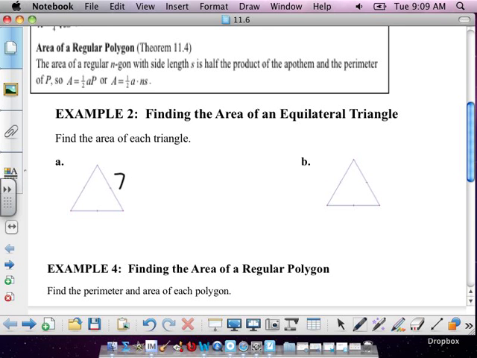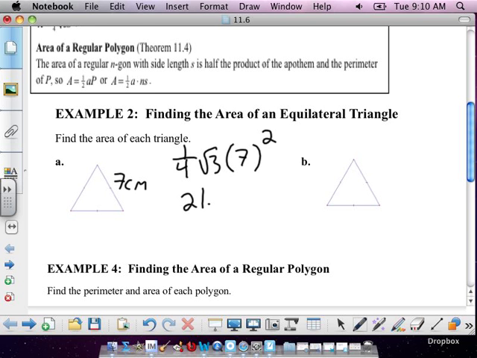This side is 7 centimeters, so we're just going to use that equation for area of an equilateral triangle, which is 1/4 square root 3 times side squared. And what is the side in this case? 7. So you're just going to put that in your calculator. What's another way to write 1/4 if we wanted to do it just in a decimal? 0.25. Then we times it by the square root of 3. And then we times that by 7 squared. And we get 21.21